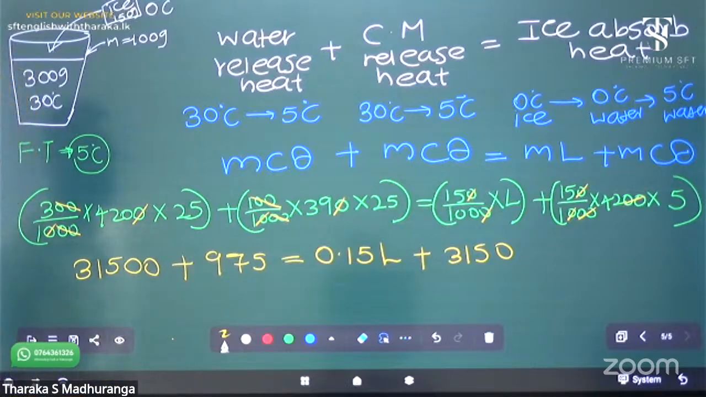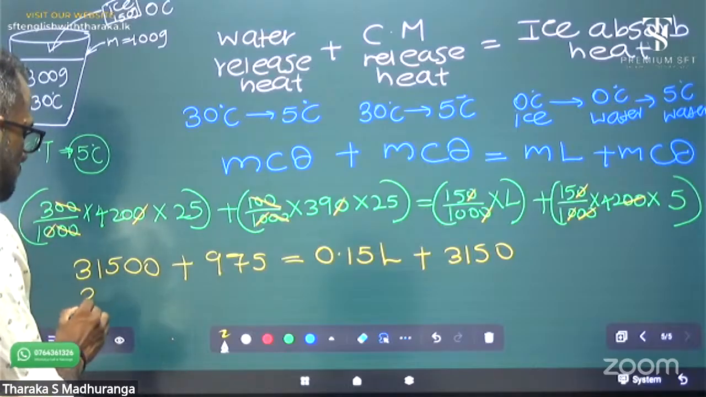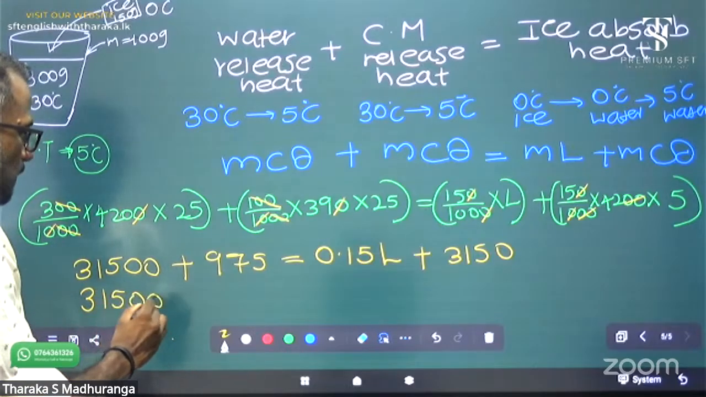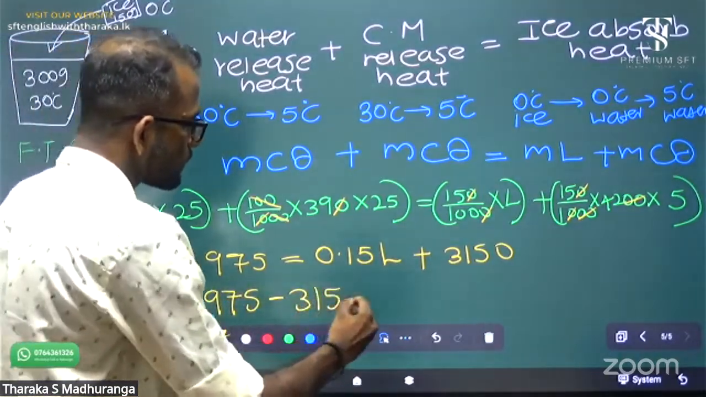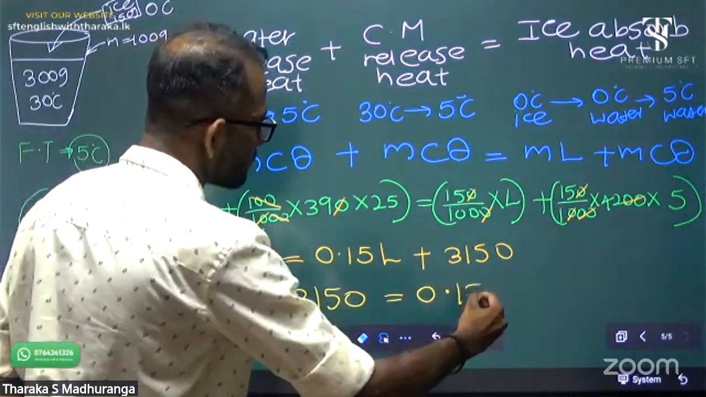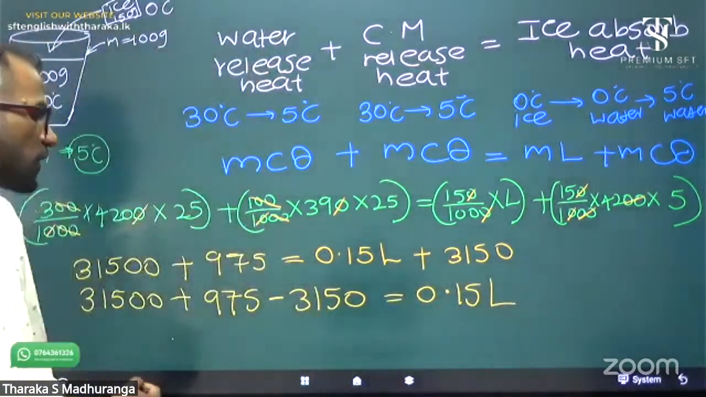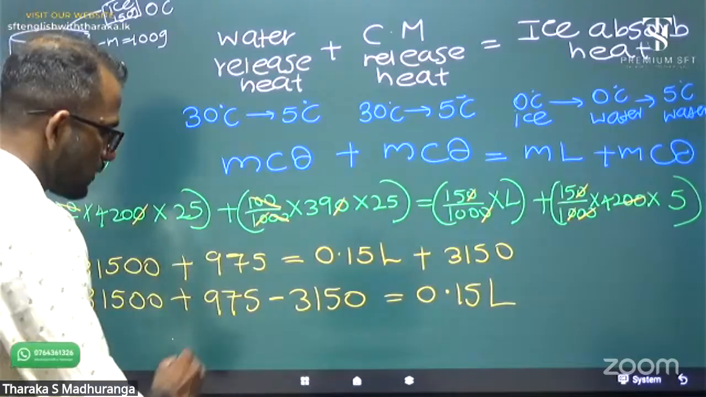31,500 plus 975 minus 3,150 equals 0.15 L. Now you can isolate the L. L equals,